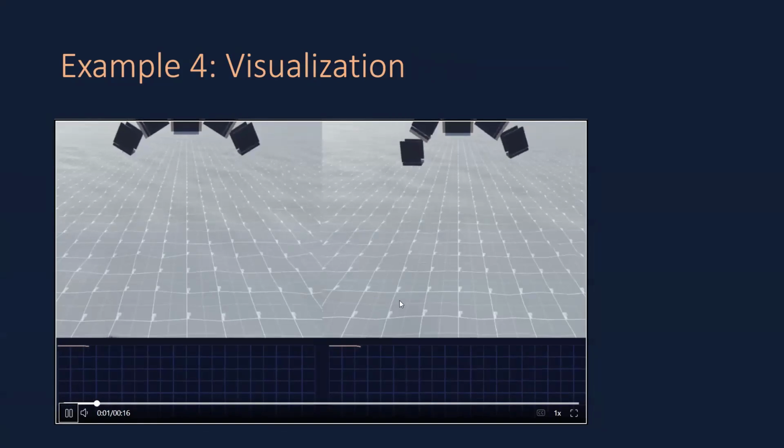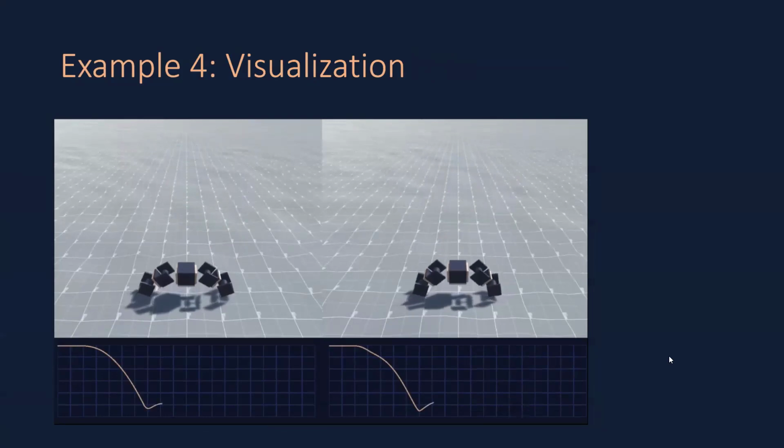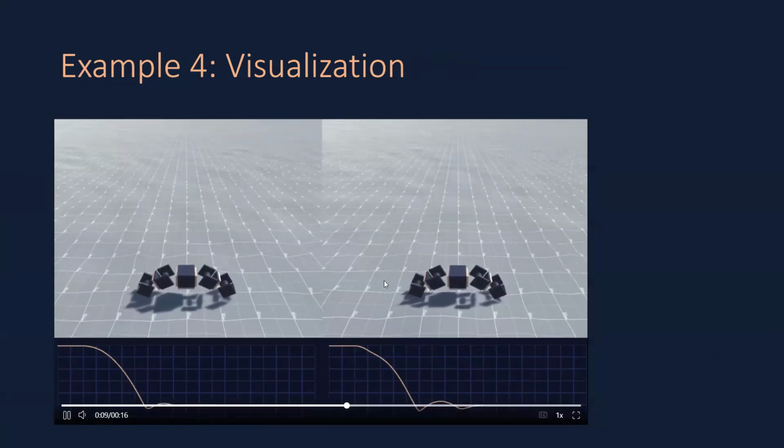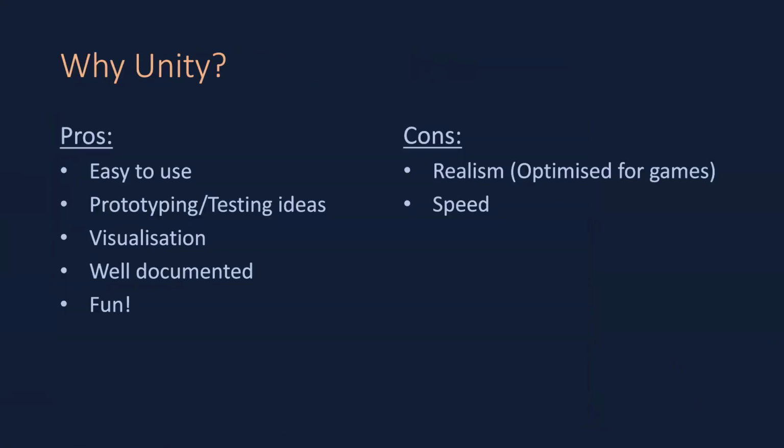What I think is very great about Unity is you can easily create visualizations of what is going on in your simulator. So here you can see two robots with different springiness in their joints. You can see that one bounces a lot more than the other one. It's just a position plotted there at the bottom, as it goes. So yeah,